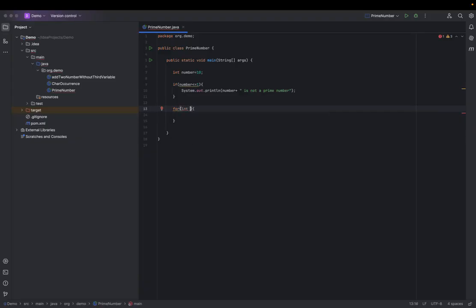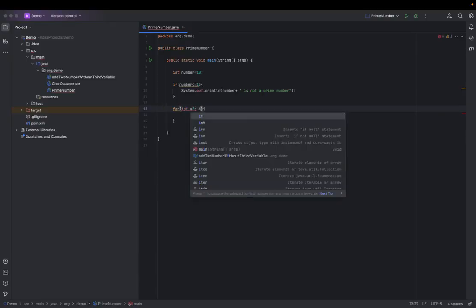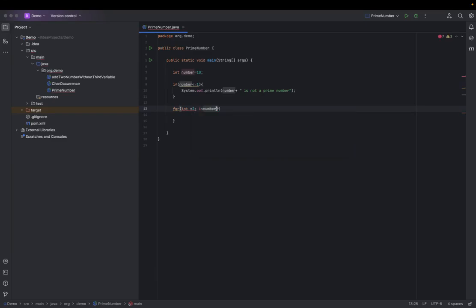We will take int i equals 2, because we have to start from 2 itself only. And then what we have to do: i less than number divided by 2. I will explain to you why I'm putting 2. I will explain. i less than or equal to number divided by 2, and i++. Okay,